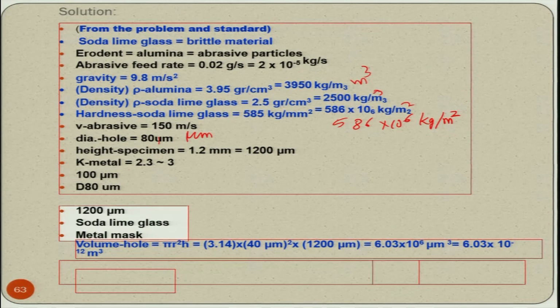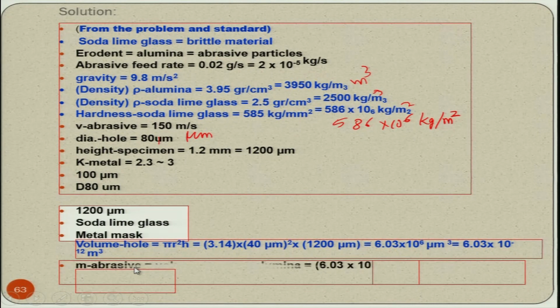So, if you substitute the values from above, 3.14 is the value of pi, 40 micrometer is the radius, r square in micrometer square, into 1200 micrometer, the depth up to which it will be machined, because this is the height of the specimen or depth up to which the hole is to be drilled. You can simplify it, it comes out to be 6.03 into 10 raised to power minus 12 cubic meter